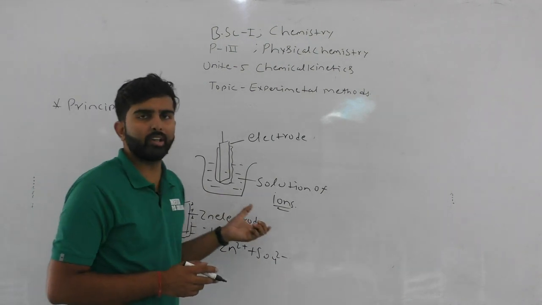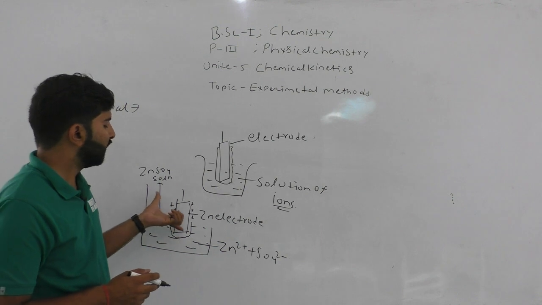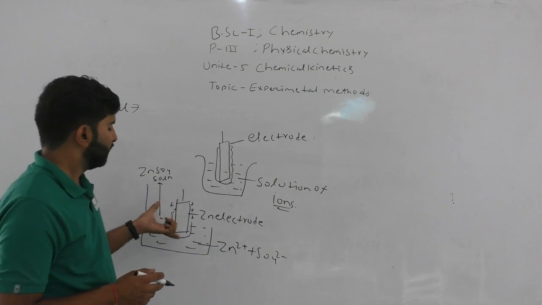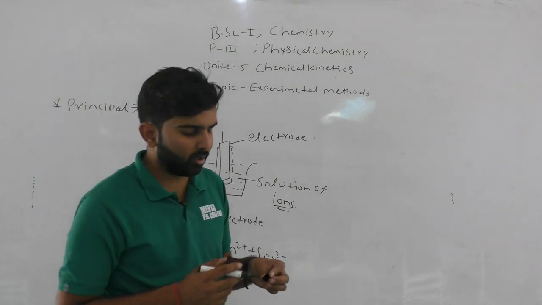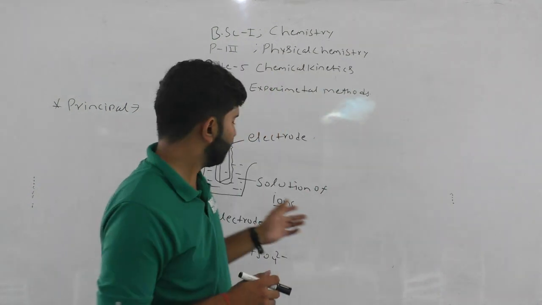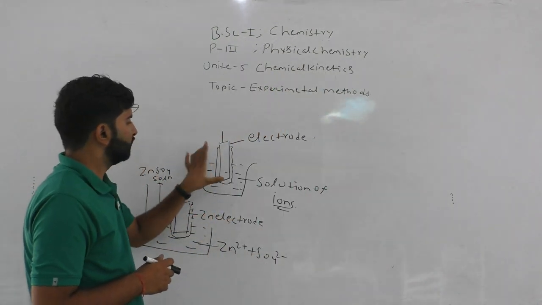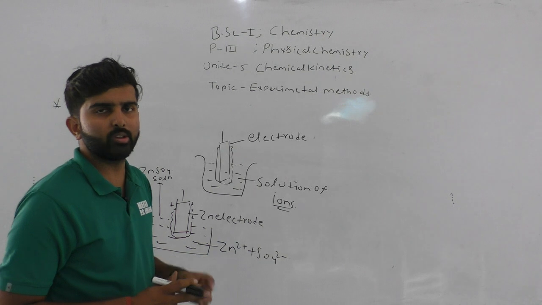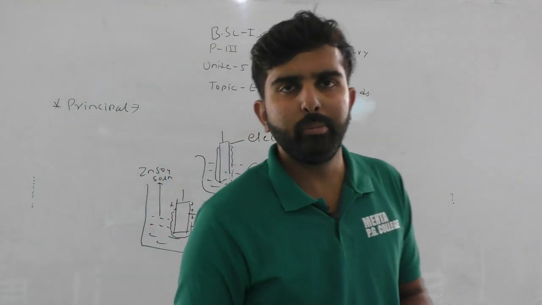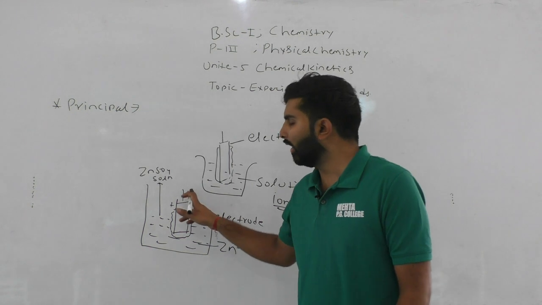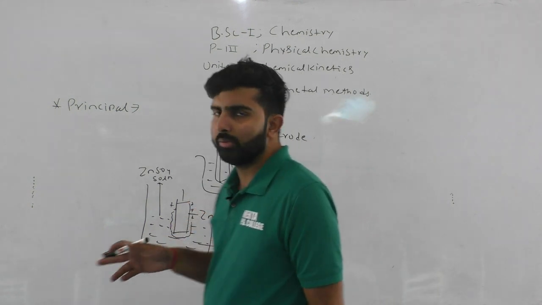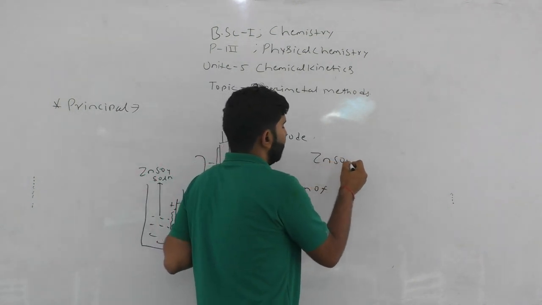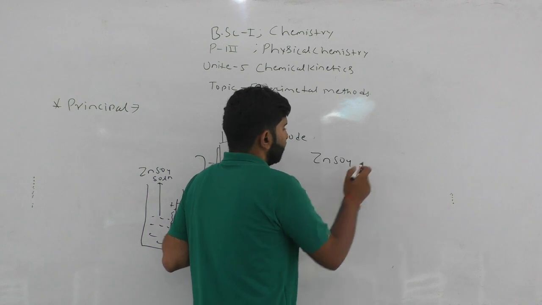Due to this, a potential difference between the solution and the metal surface is developed, which is called electrode potential. Means, due to the presence of ions, a potential difference is generated between the solution surface and the metal surface. This is called electrode potential. So, when we mix two solutions, the ion nature also changes. Means, if in a reaction we mix ZnSO4 with